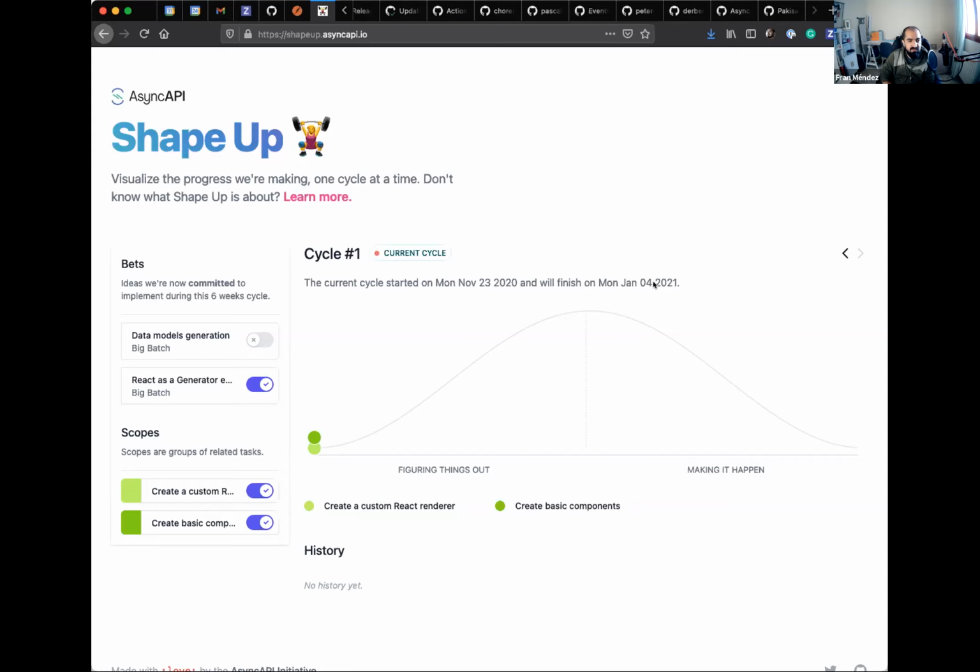What happens after this cycle of 6 weeks finishes? We enter a 2 weeks cool down period. That's the name. What does cool down period mean? It means that we stop working on whatever we were doing during these 6 weeks. Things have to be delivered in this 6 weeks cycle, and in the 2 weeks cool down period, if you want,